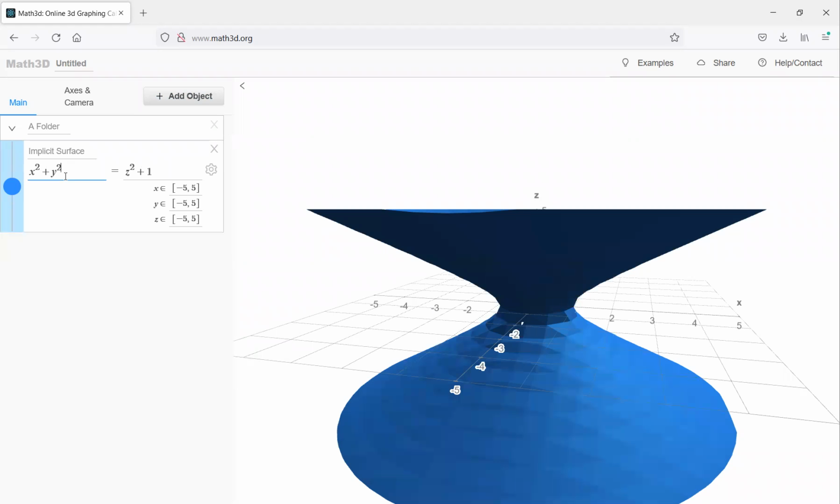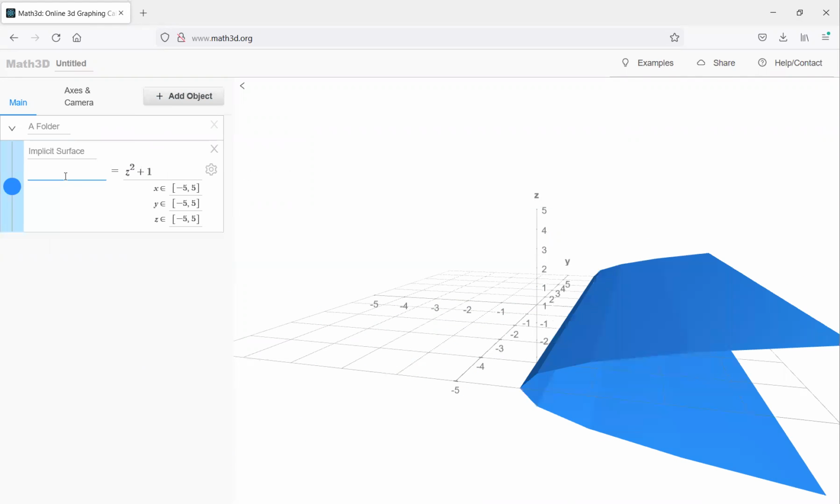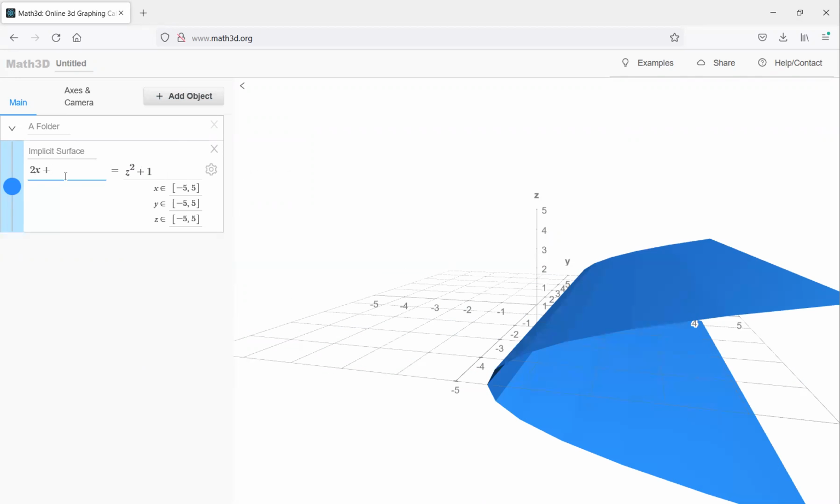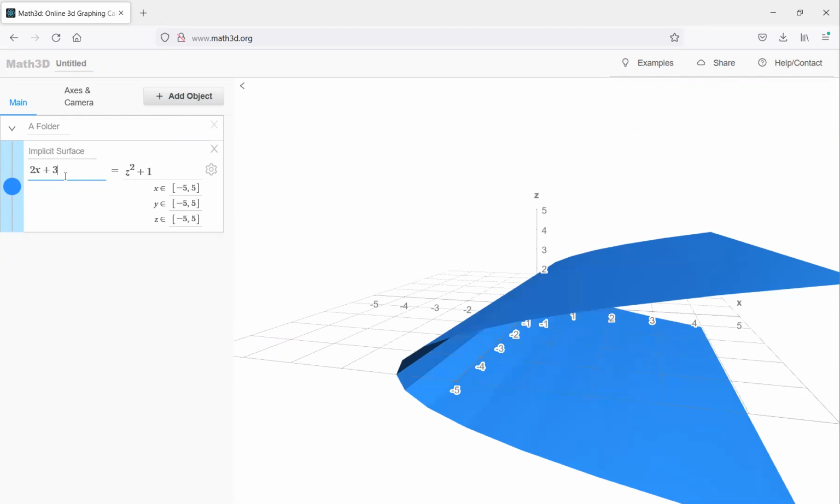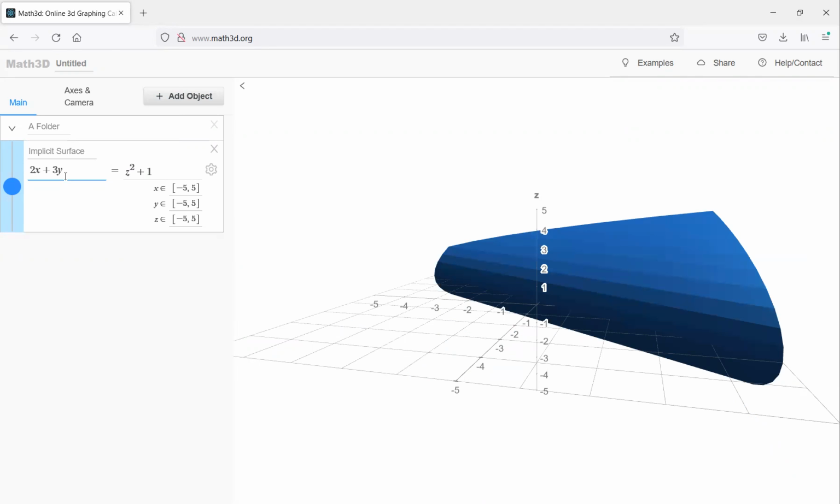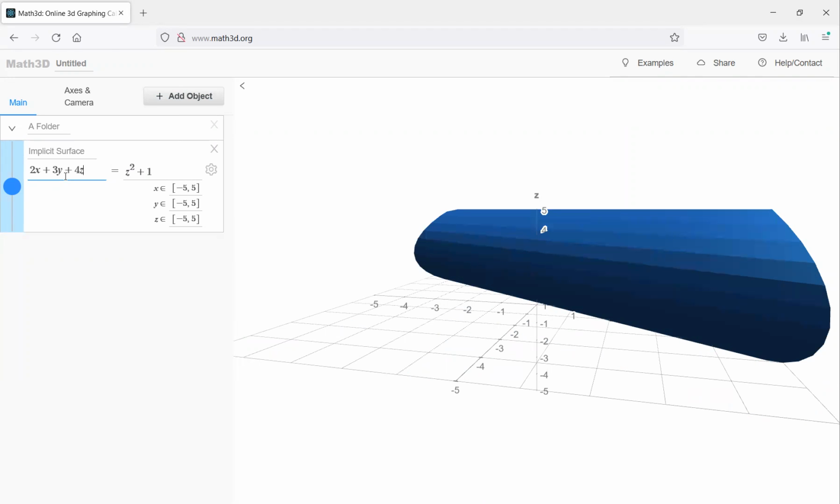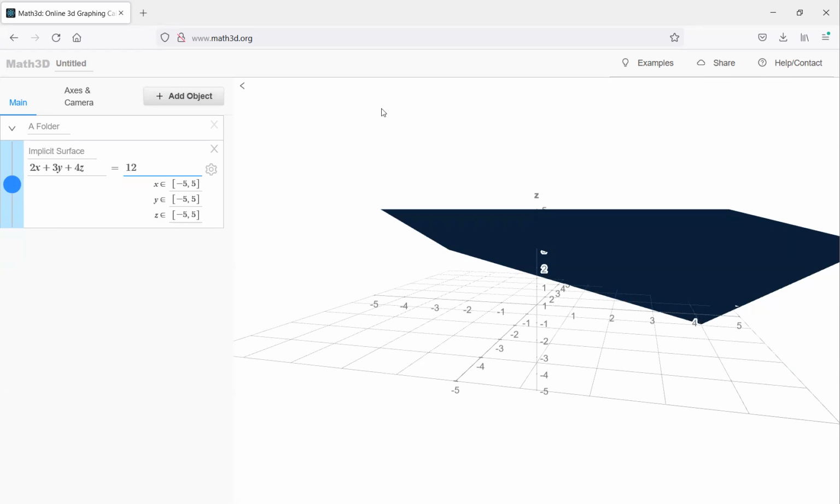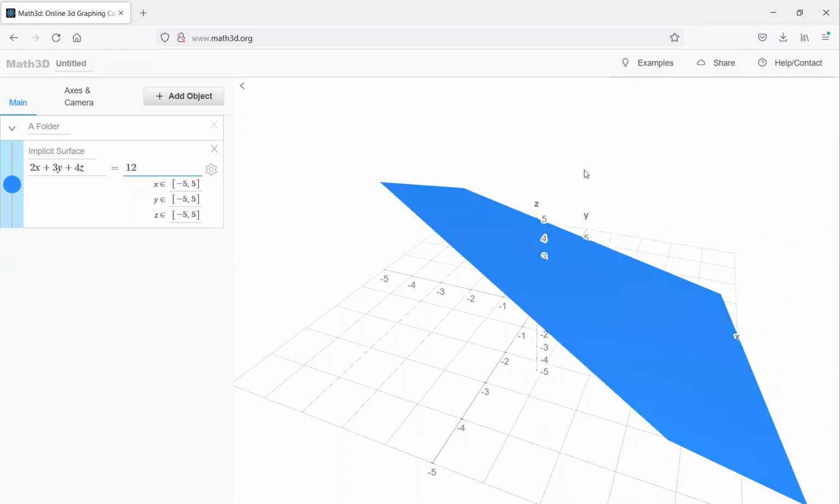Okay, here we have 2x plus 3y plus 4z equals 12. This is our plane